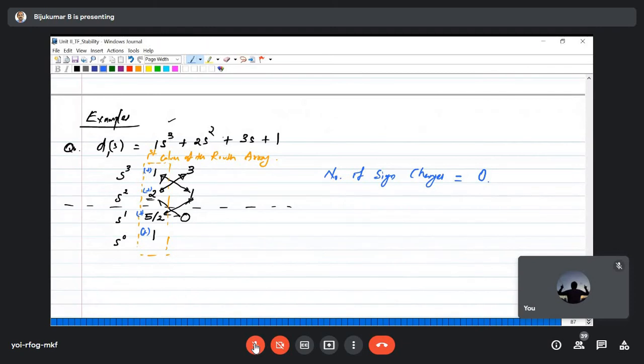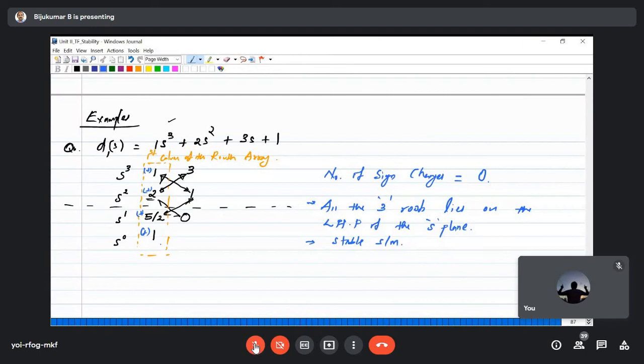How many roots are there for this polynomial? 3 roots, right? So the conclusion is, since the number of sign changes is 0, all 3 roots lie on the LSP of the S plane. So since all the roots lie on the LSP of the S plane, we can say that it is a stable system,